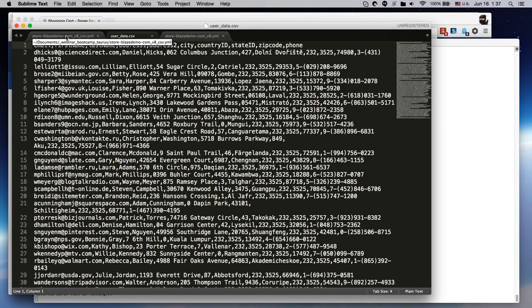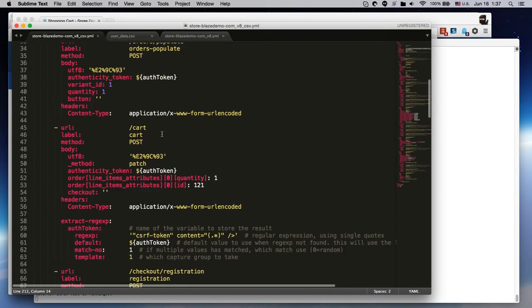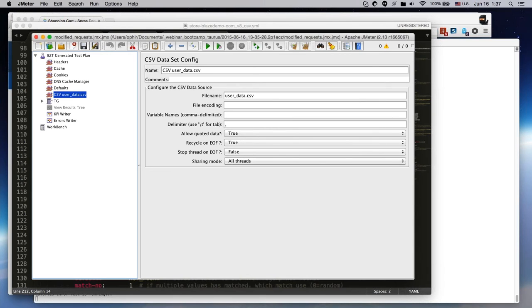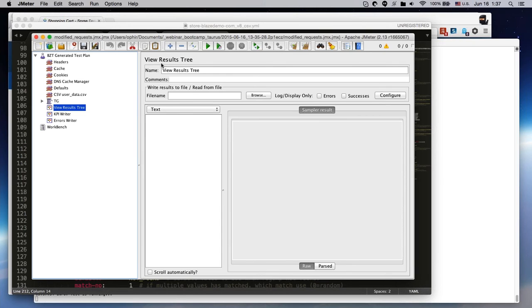So if I go back to the YAML file and scroll down a bit, you'll see here first name, last name, etc. So just make sure that you're using the exact same names as the column headers, country ID, state ID, etc. So now when we actually look and run the script, instead of just having Ophir Prusak as the user, each line will be a new user. So again, if I go back here to the script itself, and if I hit View Results Tree, I'll turn that on, and I'll hit go. If I now look at the results,